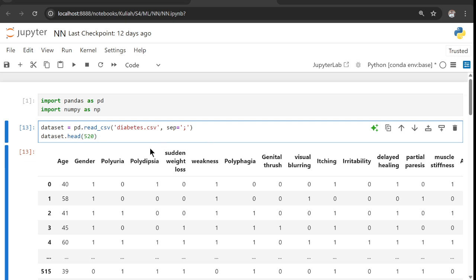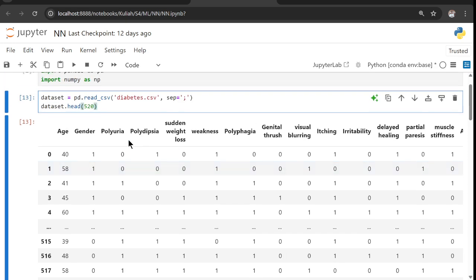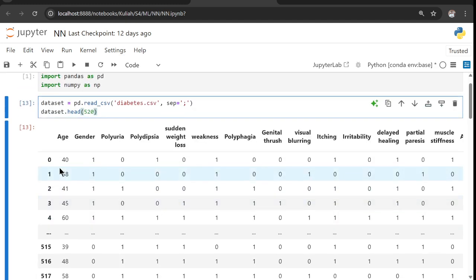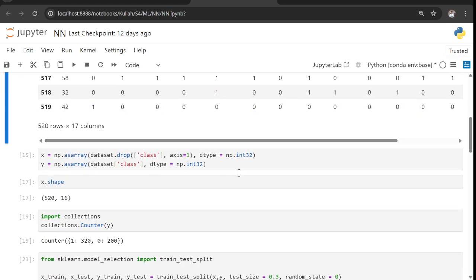After that, I did dataset.head to show the head of the file, but I put it 520, so it will show all the rows of the data. Okay, right here.